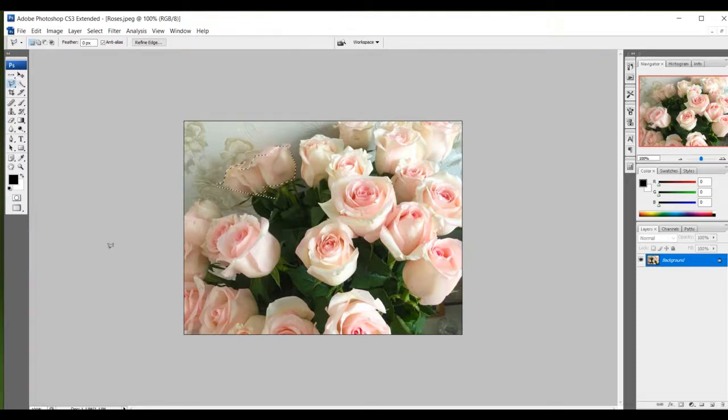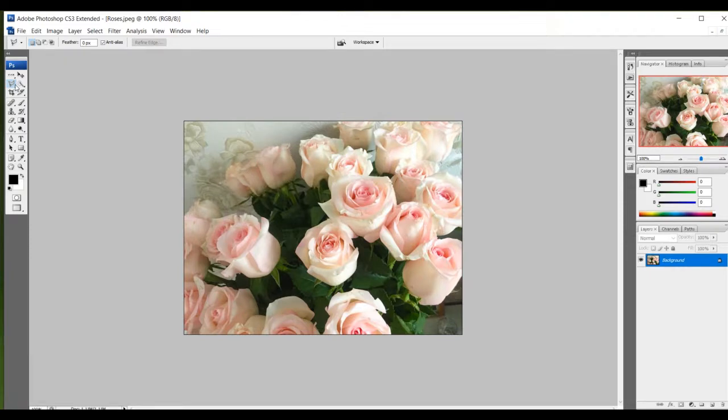See here, you can observe that the lasso tool is used for selection of irregular shapes, but the polygonal lasso tool will just select the area in the form of straight lines, in straight edges. This way we are going to use the lasso tool. And if I press the delete key, the image which I have selected will get deleted. Now let us go for the next, the quick selection tool.